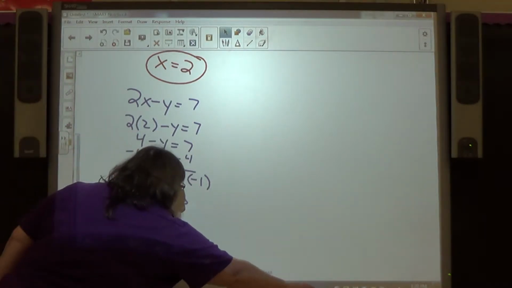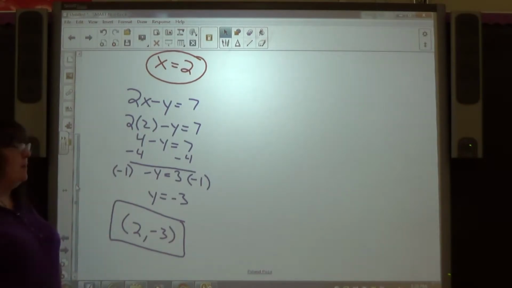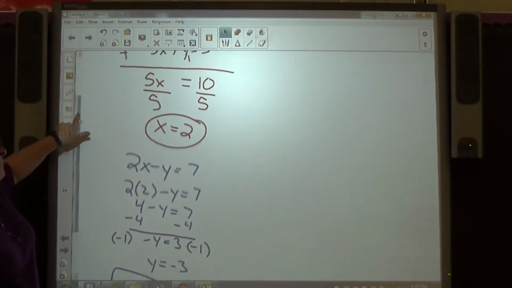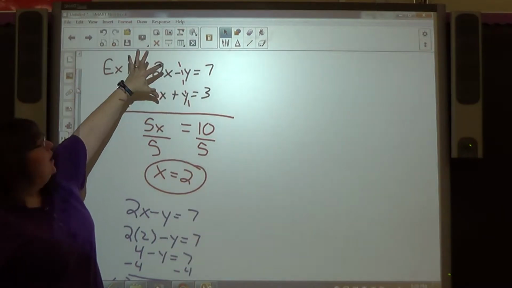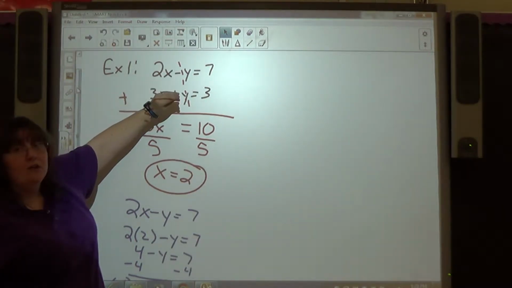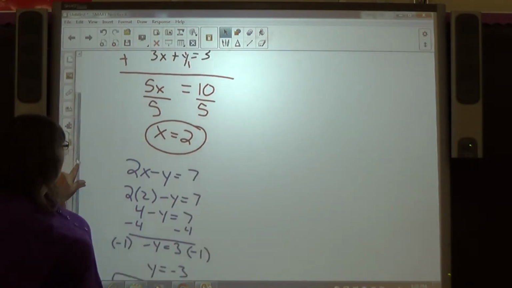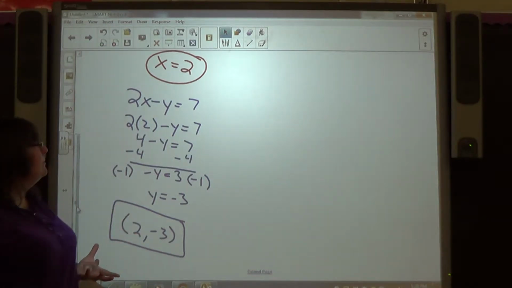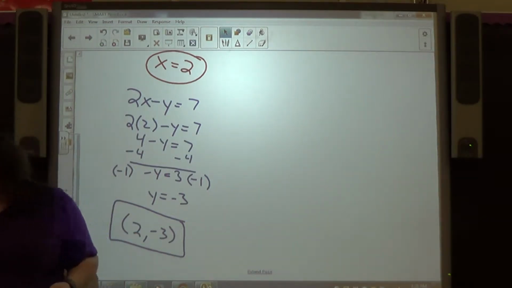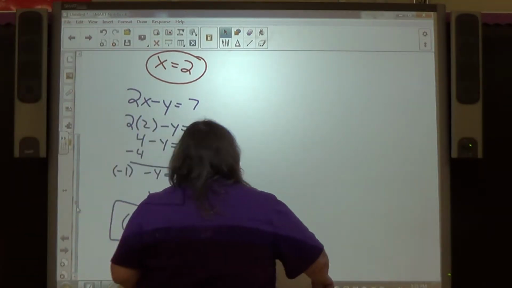Okay? So that is the basic elimination type of method, where you have one variable with the same number in front, opposite signs, you just add your two equations, okay? That is the simplest form of elimination for solving systems, okay? Now, next. The next simplest one,